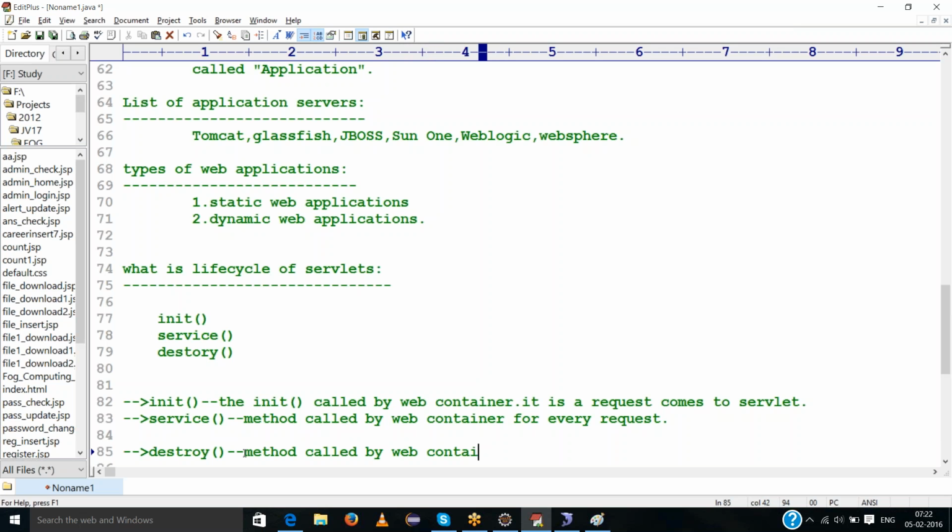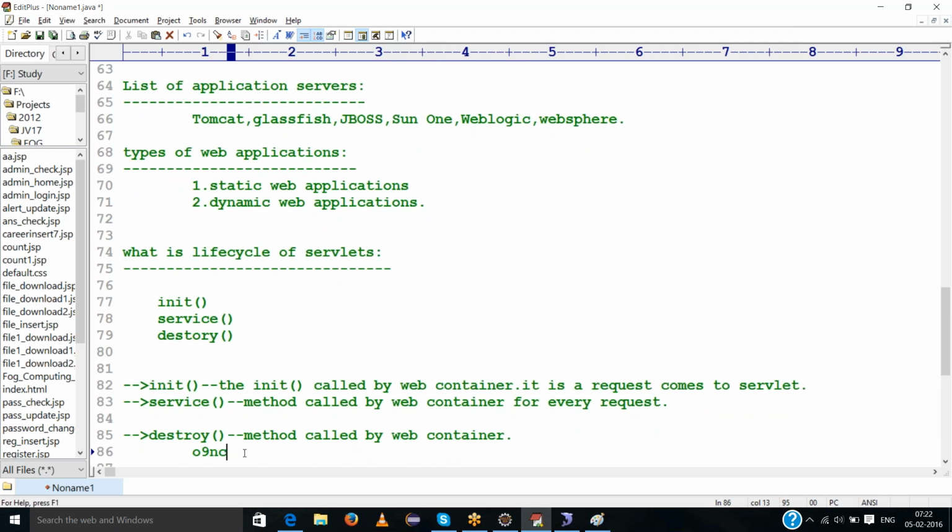Once the destroy method executes automatically, the init method is closed.